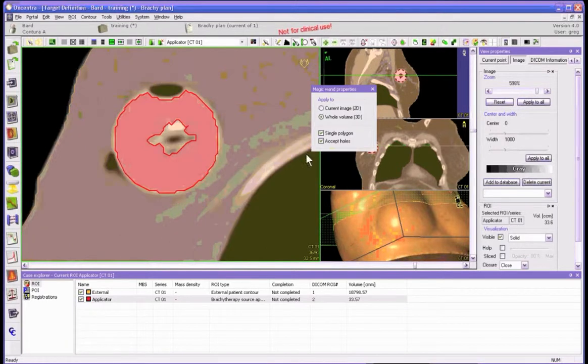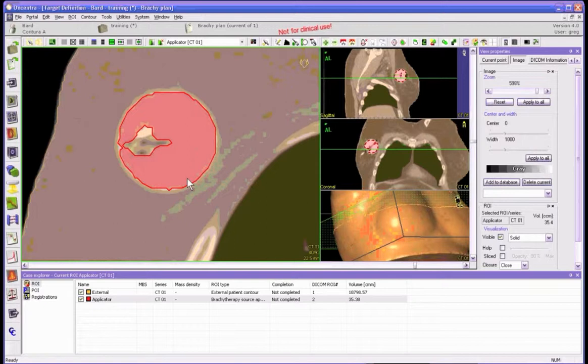And there we have it. Oh no, I did this wrong. I accepted the holes. Let's do that again. And it'll get rid of the holes. There you go. So we finished that part, and you can see if I scroll up and down now that